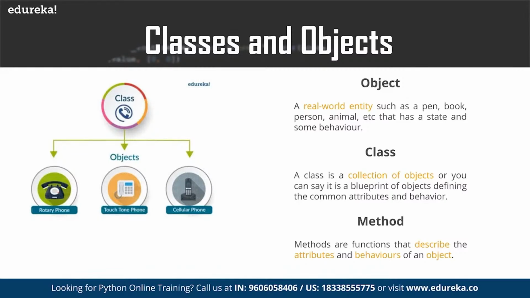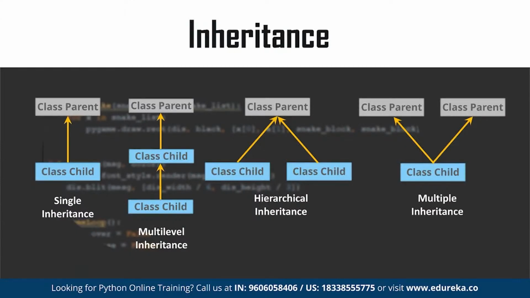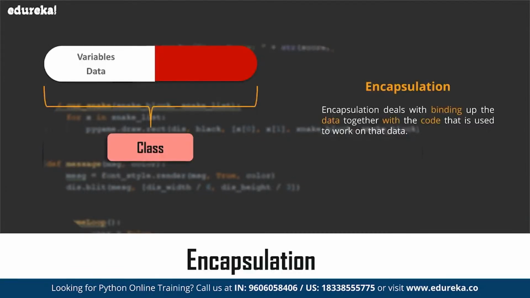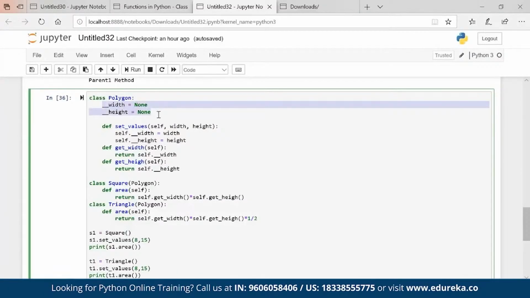Now, what else do we have? We spoke about objects, we spoke about class, we spoke about methods. We spoke about different types of inheritances as well: hierarchical, multiple, multi-level, single. We had a discussion about it. Then we will talk about polymorphism, but before that we spoke about encapsulation as well, right? We are creating a variable which is nothing but a private variable. So encapsulation is nothing but making things private, which is one of the fundamental concepts of object-oriented programming languages. The main purpose is that it describes the idea of wrapping the data,